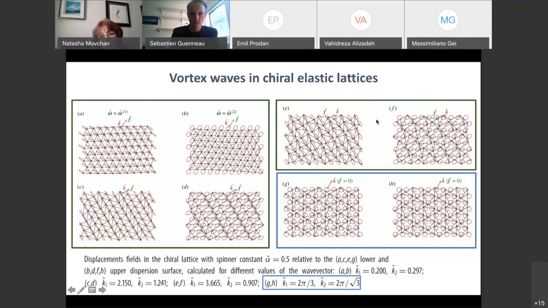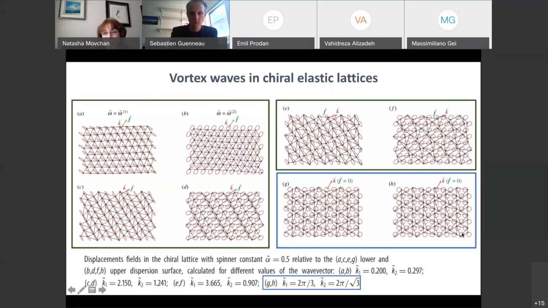And finally, the diagrams which are highlighted here in the blue box correspond to the case when the vector f is 0, which means this is the case when circulation and flux are both equal to 0. If we go back to the description of the displacement, that would imply that our linear component, the straight line component, is actually equal to 0.